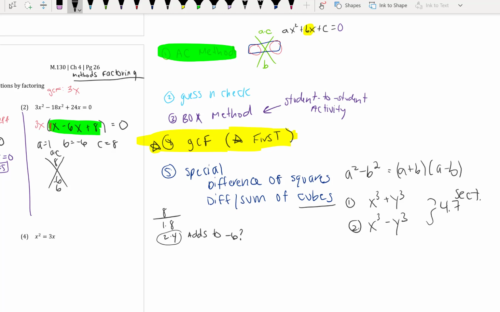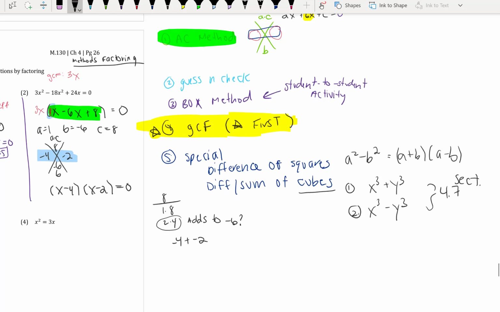And then the only way I can do that combination is if I have a negative 4 plus a negative 2. That gives me a negative 6. So I'm going to have a negative 4 and a negative 2. So now I know exactly what's going to be inside my parentheses, because that leading coefficient was 1. So I'm going to have that this is equal to x minus 4 and x minus 2 is